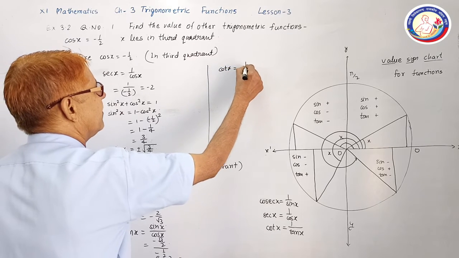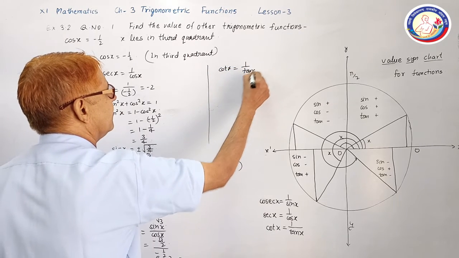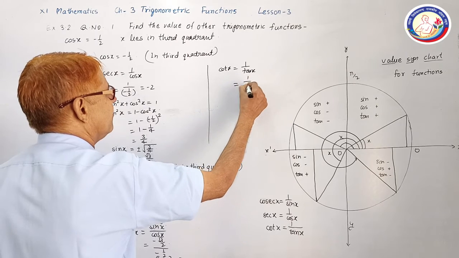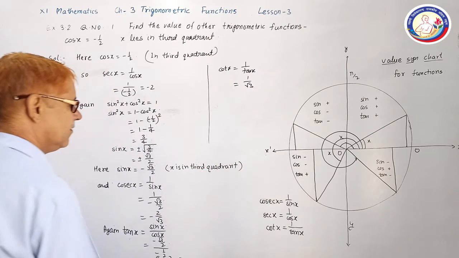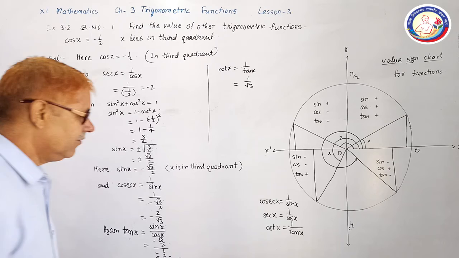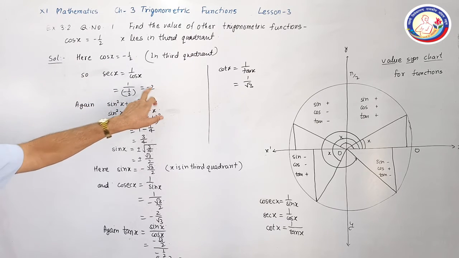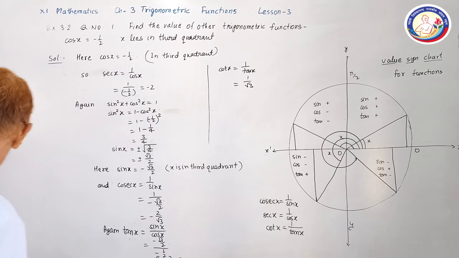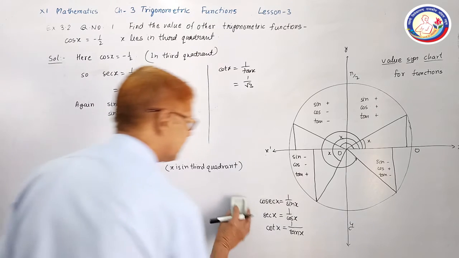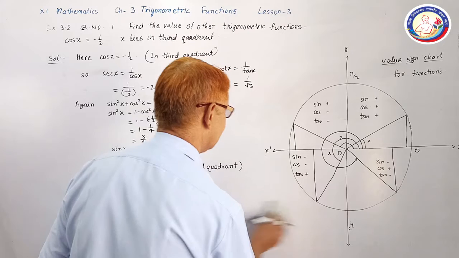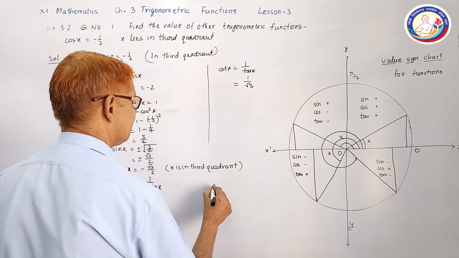Cot x is 1 upon tangent x, so it is 1 upon square root of 3. So we have found all the 5 values here for trigonometrical functions, that is sec x which is minus 2, cosec x, sin x, tangent x and cot x. So our answer is,